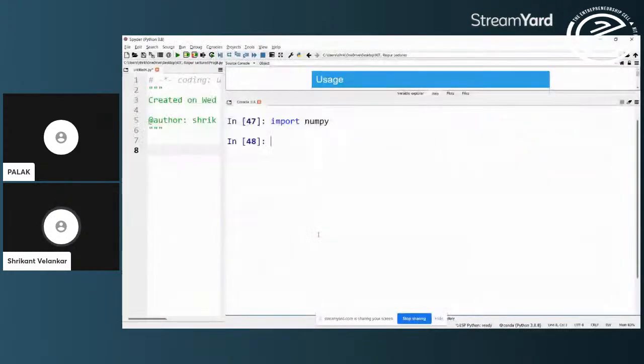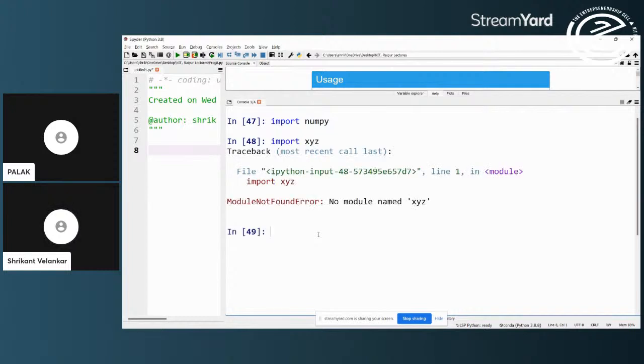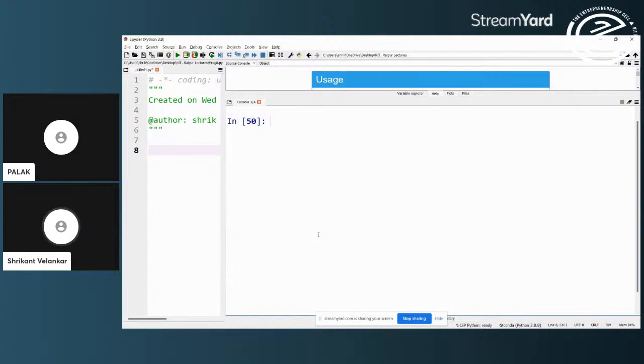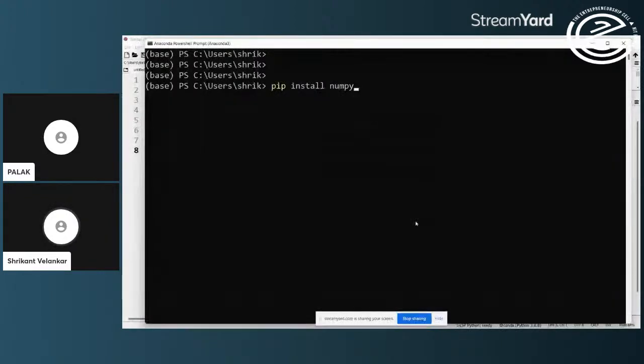As I said, if I say import XYZ, you will see that no module named XYZ has come. A similar module not found error will come for NumPy also if it is not already installed on your system. In such case, you have to go to the command prompt and install NumPy.